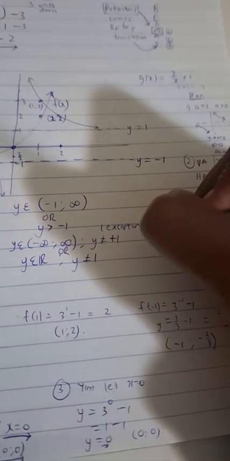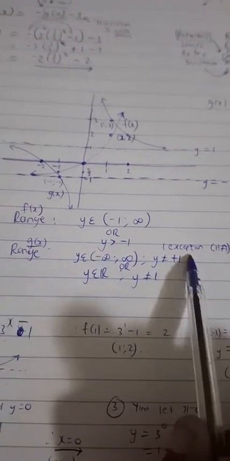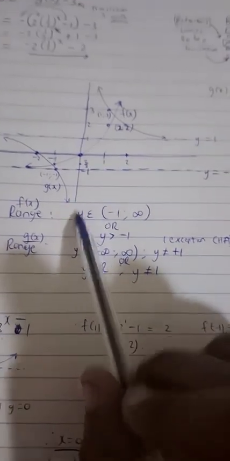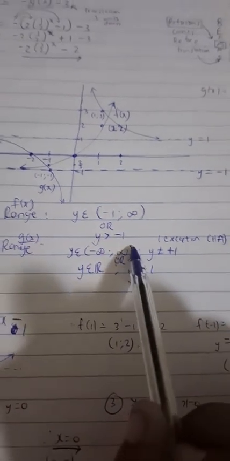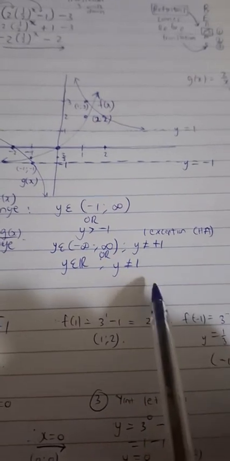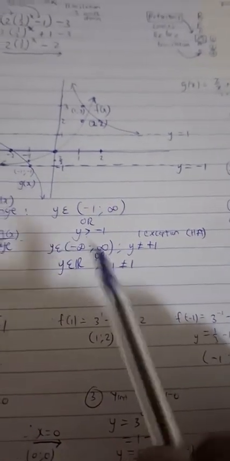And the exception, guys, is the horizontal asymptote. Please take note of how we write the range of a hyperbola as opposed to writing the range of an exponential function. Remember, a hyperbola exists below and above an asymptote if it is not stipulated otherwise, or we are told that